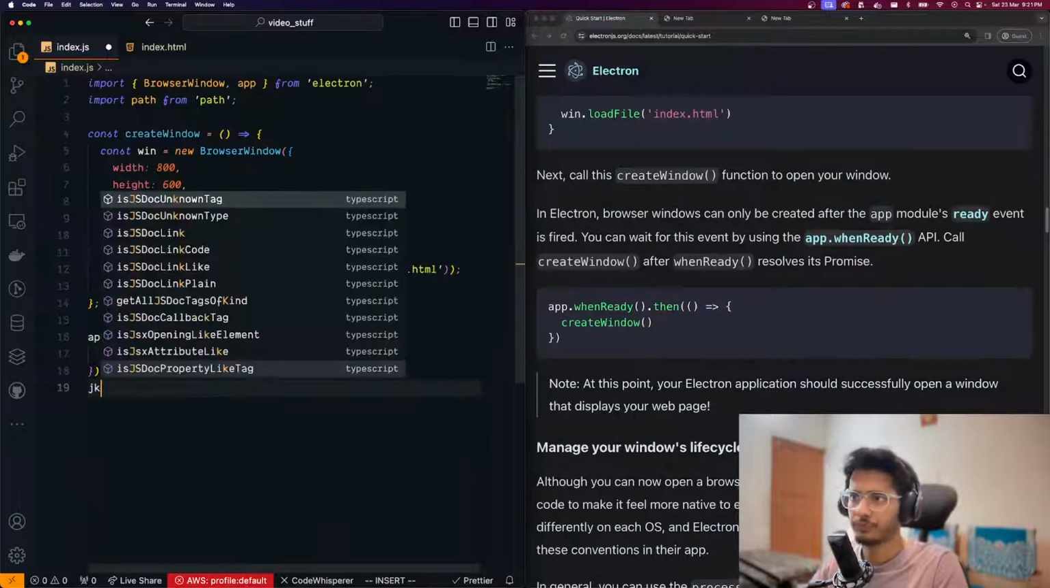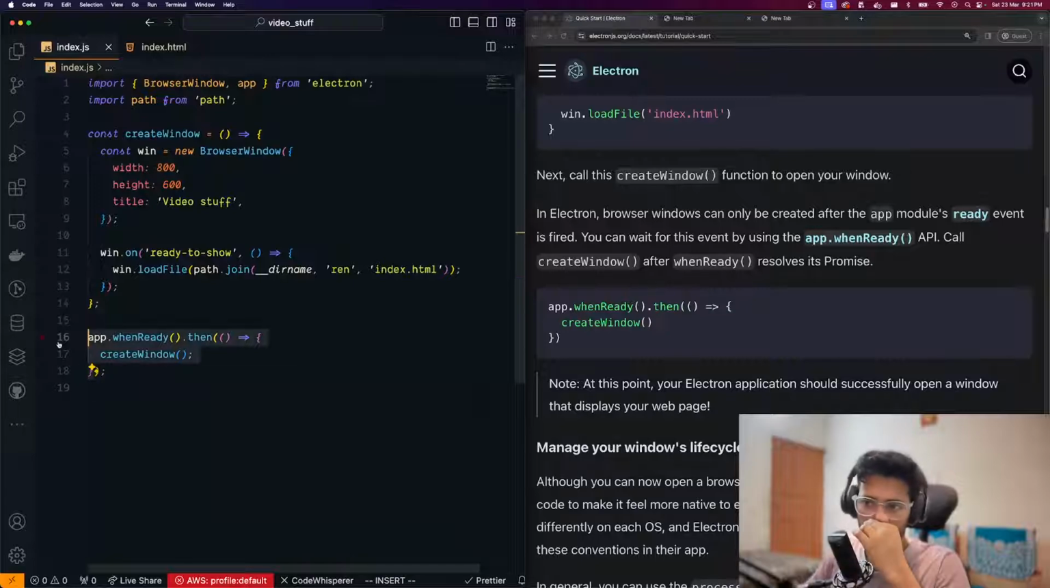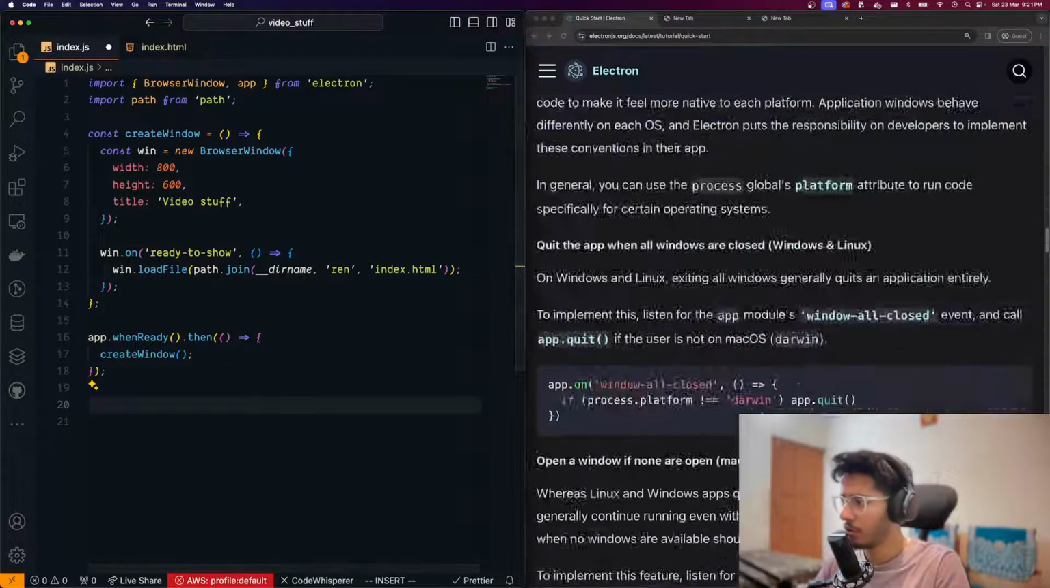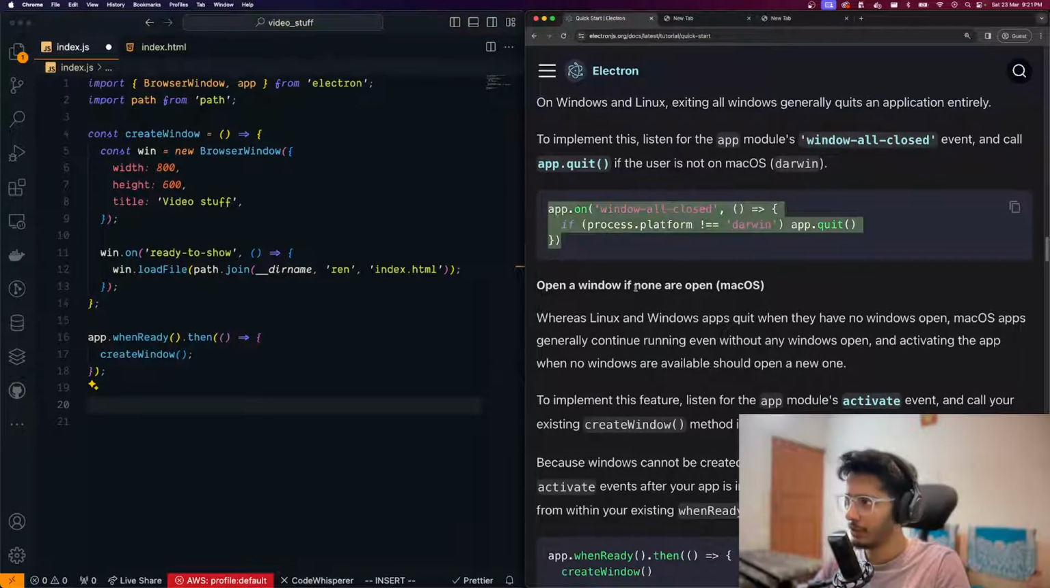So that will show the window, but the problem that will happen is there's a Mac-specific thing. So when you close, right, this is pretty important, which is